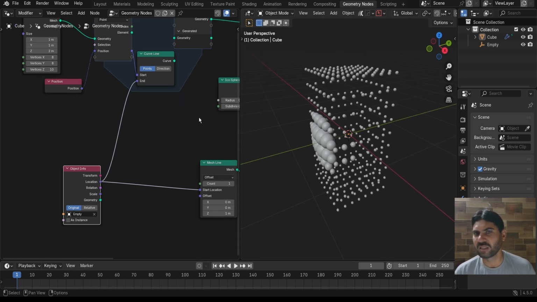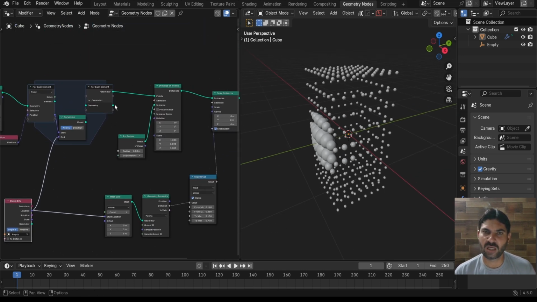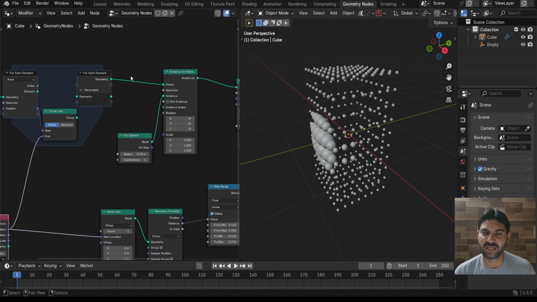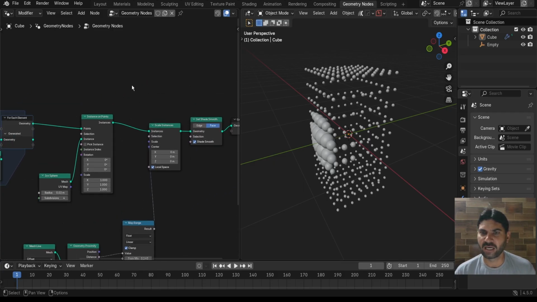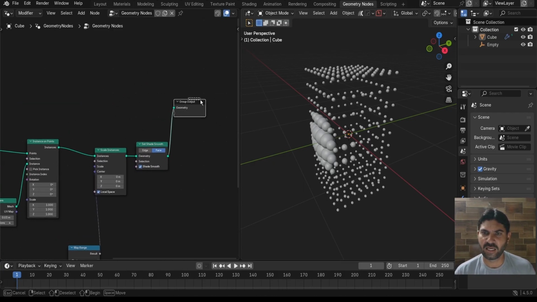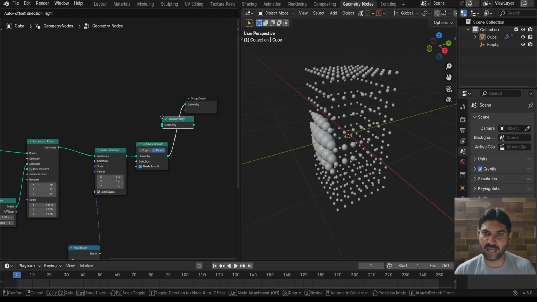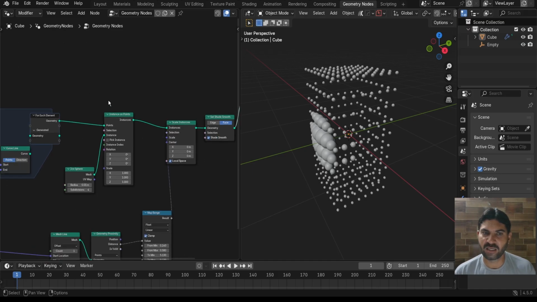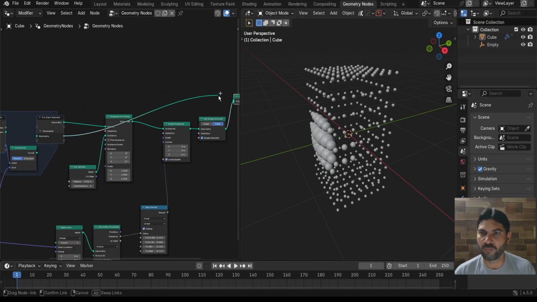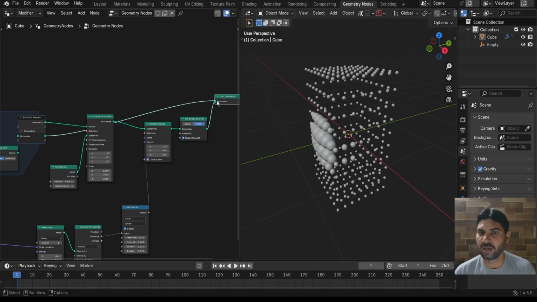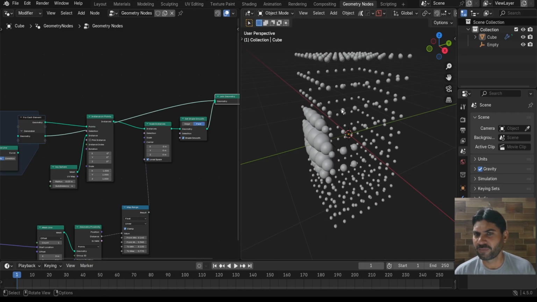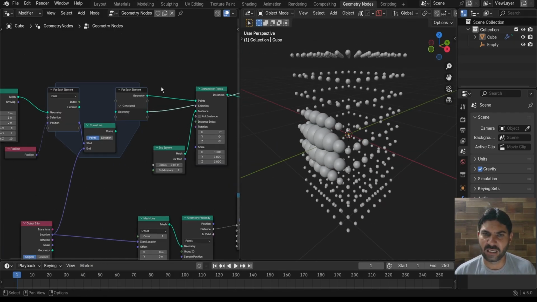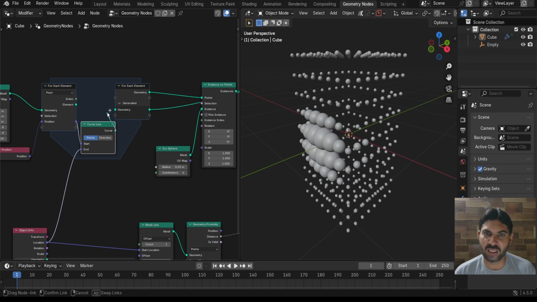Now here you can see nothing, because we use this output of this for each element setup to make our curves. So for that, here I search for the join geometry node and connect it here. And from the for each element, here I connect this value with the join geometry node. And here you can see nothing, because we connect this curve line with the geometry of the for each